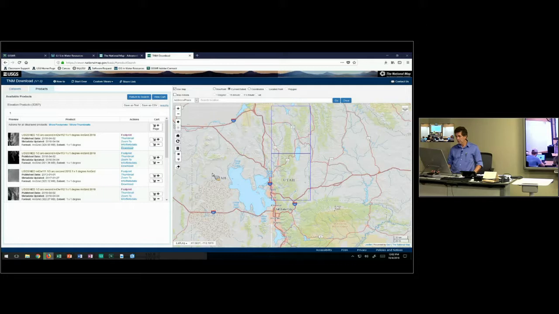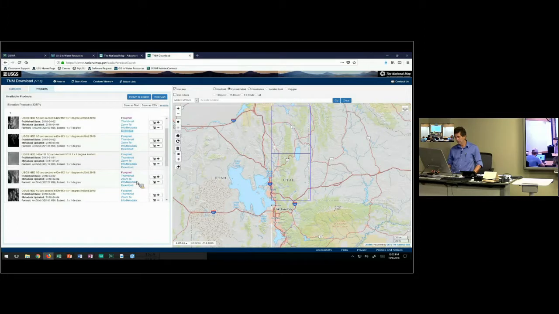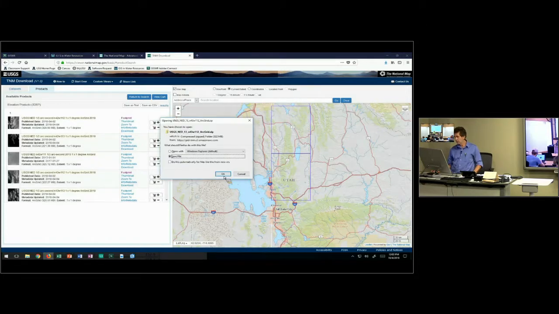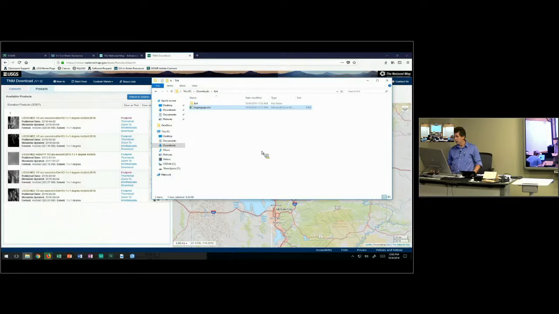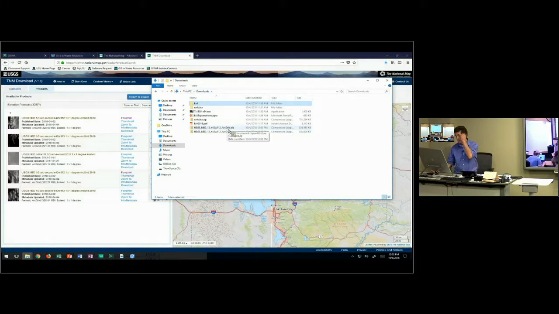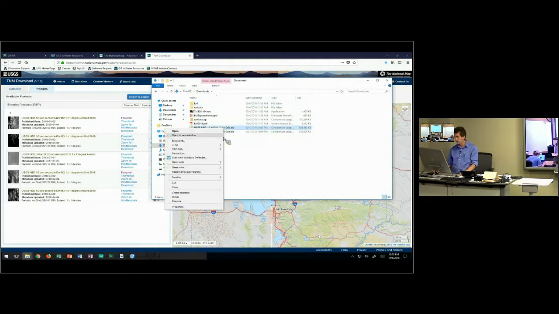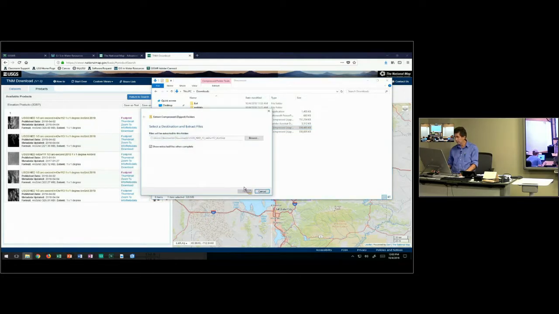So there, I downloaded the first one. I download the second one, and you can see the downloads are happening fairly quickly in Firefox, thankfully. And in the downloads folder, these are the zip files that I've just downloaded. So let me extract all the data from them. So I'm going to extract that one